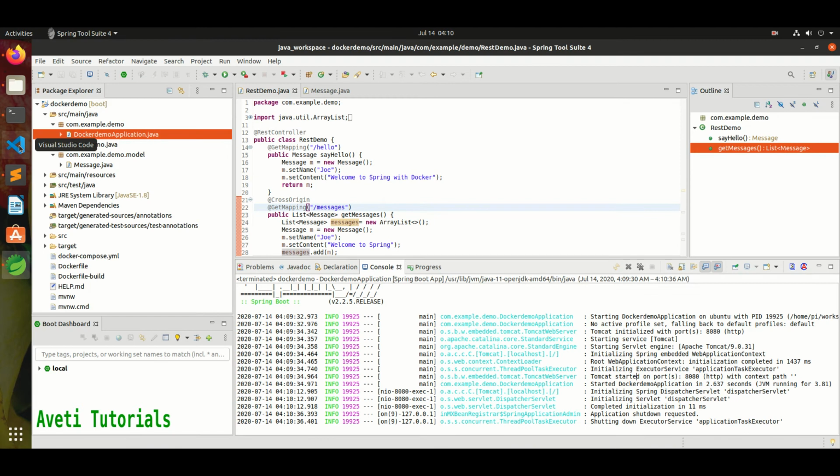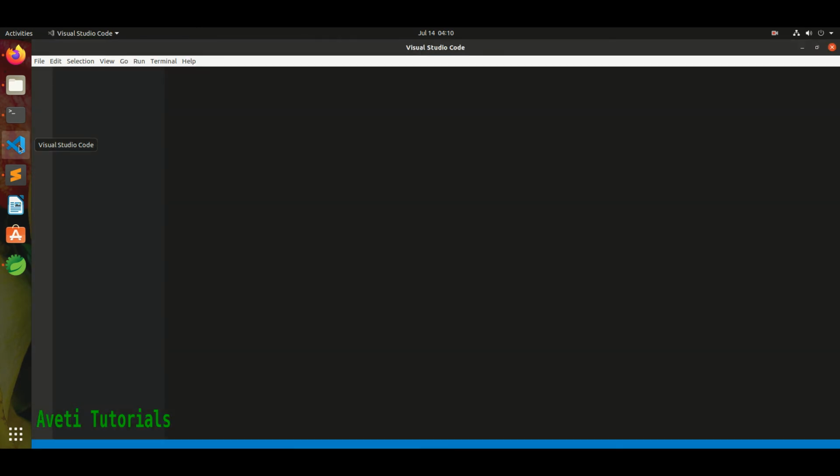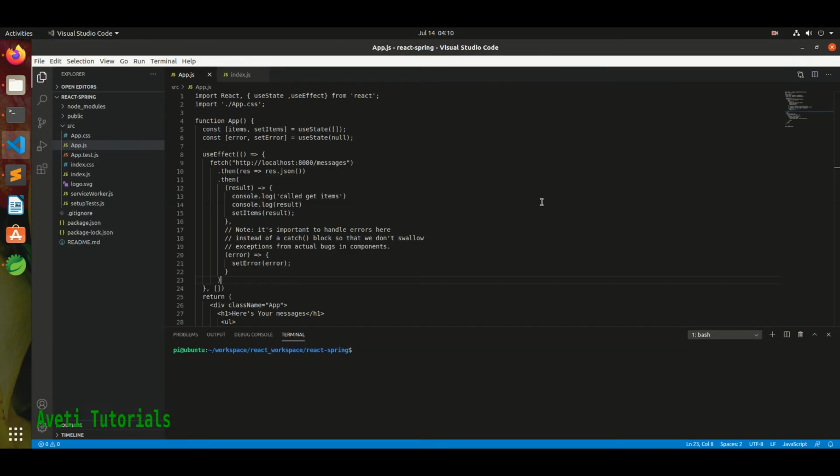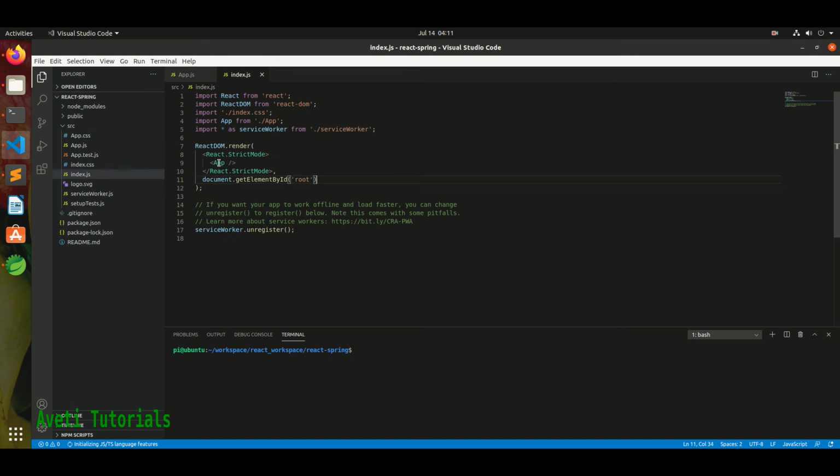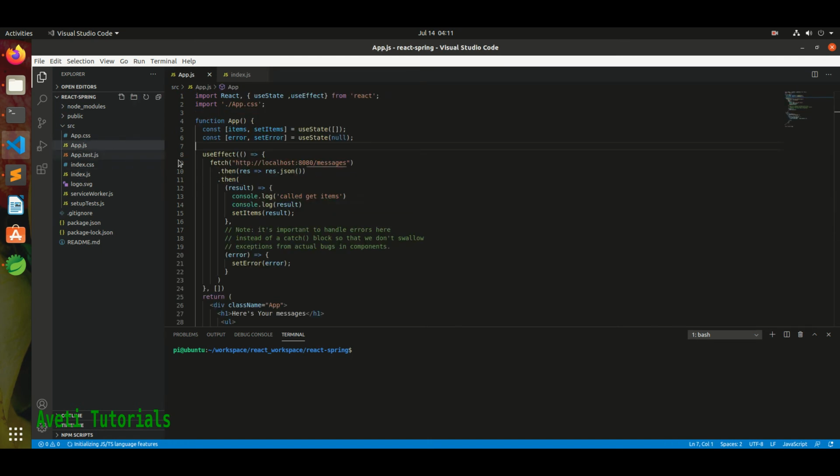Now I will start our React application and quickly go through it. Here we have index.js, which is the starting point, and inside it we call app.js.